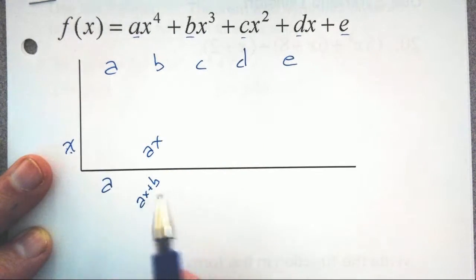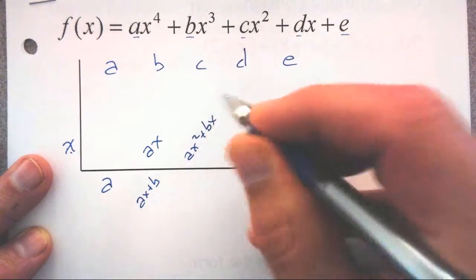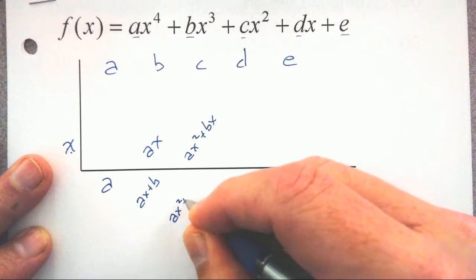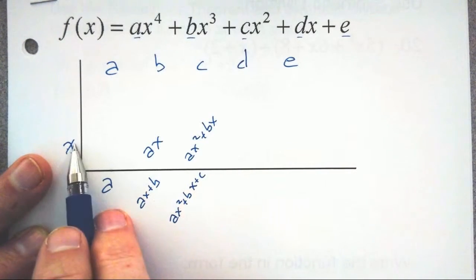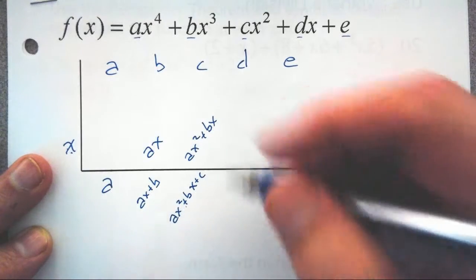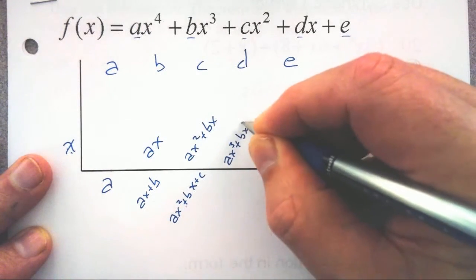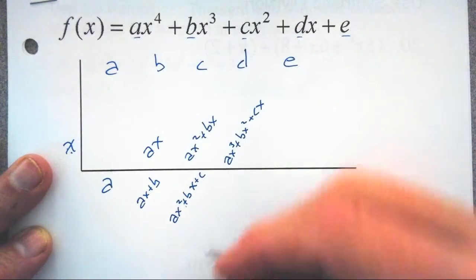So distribute x in, or ax squared plus bx, add down, ax squared plus bx plus c, multiply x into that result, distribute it through, ax cubed plus bx squared plus cx, add down,